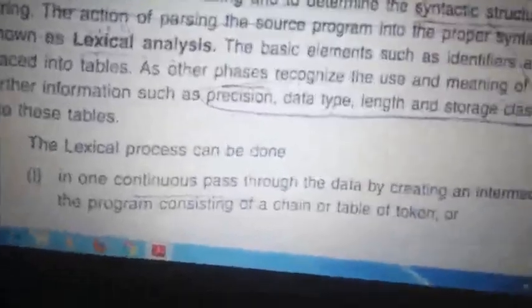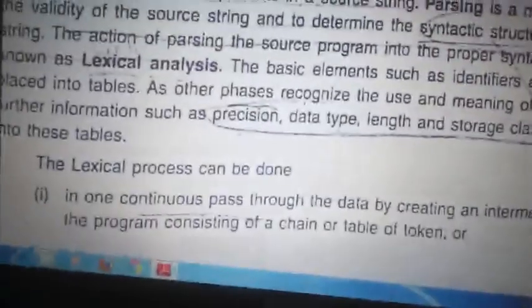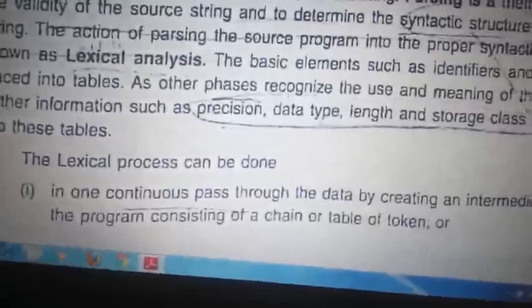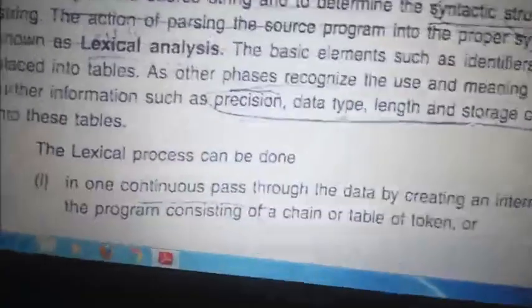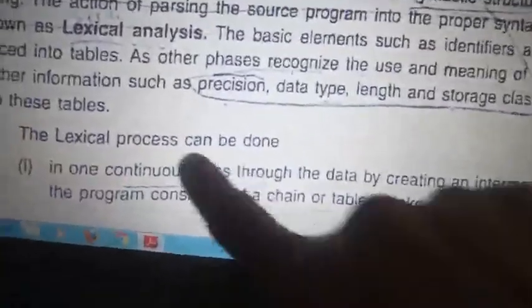So what are the lexical process steps? Easy, a 2 marks question: explain lexical process. You can go with the points or with the theory also. It's a single pass which checks for the tokens. It does one scan and checks the tokens. Next, it reduces the size of the tokens, parses the tokens, and declares those tokens that are not needed. If you have any undefined symbols which do not match any uniform symbol known to it, then it declares them.